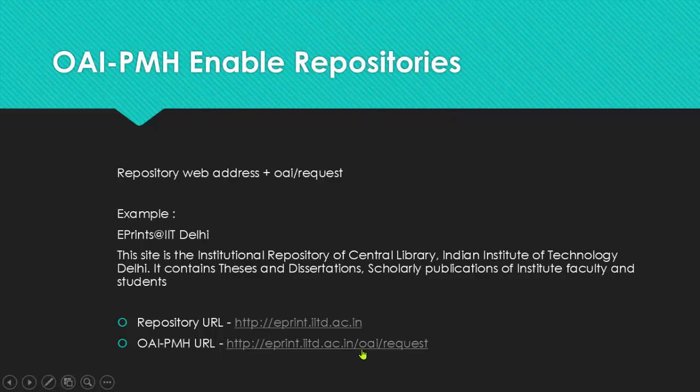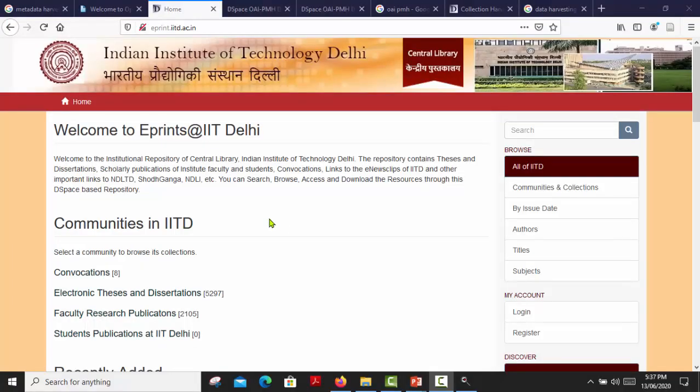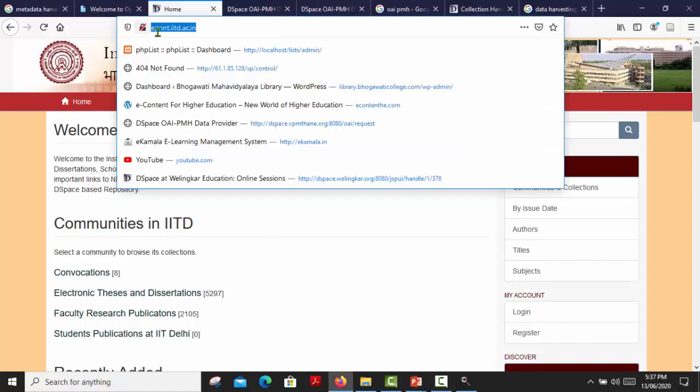So let's see in the practicals. This is the repository of IIT Delhi, and this is the address, eprint.iitd.ac.in. Now we are checking whether this repository is OAI-PMH enabled or not.